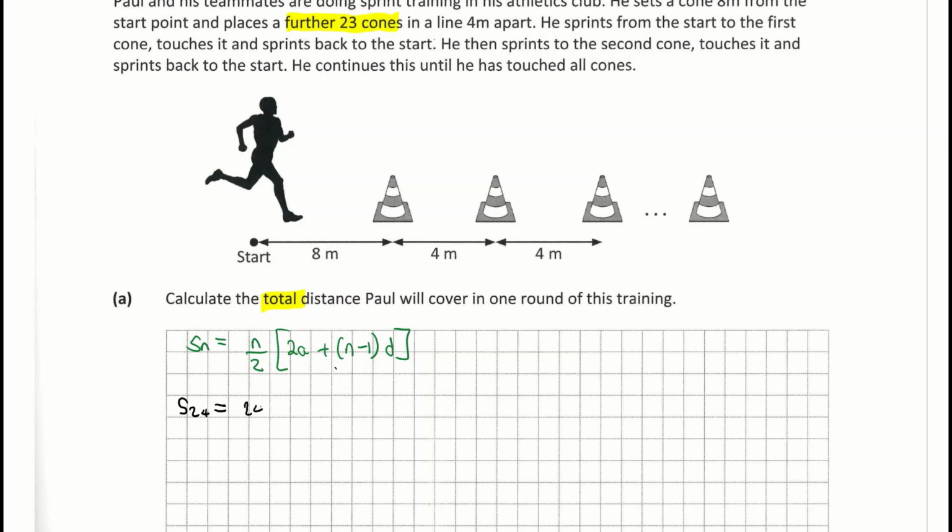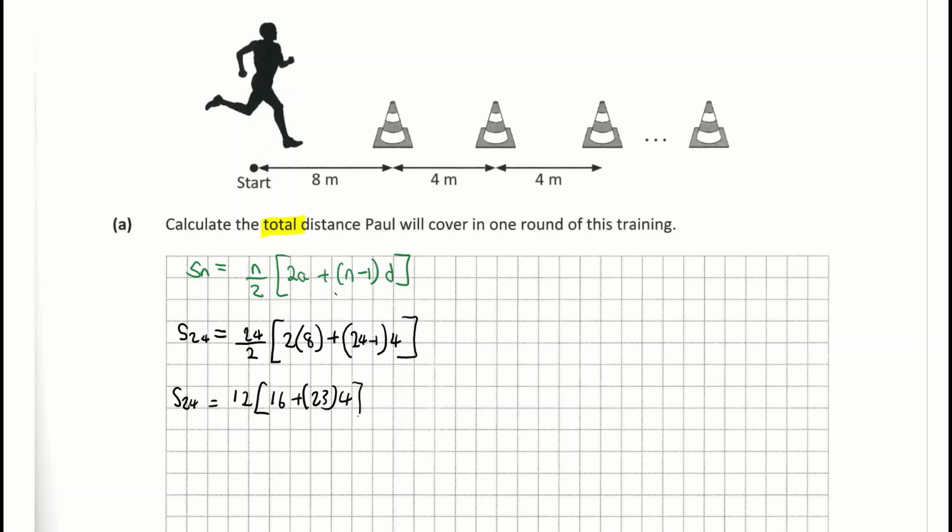So it's going to be n, which is 24, divided by 2, bracket 2 times a. A is our first term, which is 8, plus n minus 1, the number of terms, 24 minus 1. And the difference between each cone is a distance of 4. When we work that out, we get 24 divided by 2, which is 12, multiplied by 16 plus 23 times 4, which gives me the sum of the first 24 terms to be 108. So 12 times 108, which is giving me